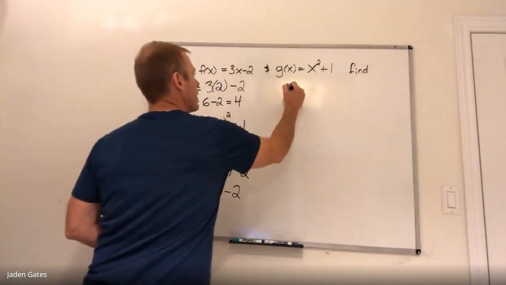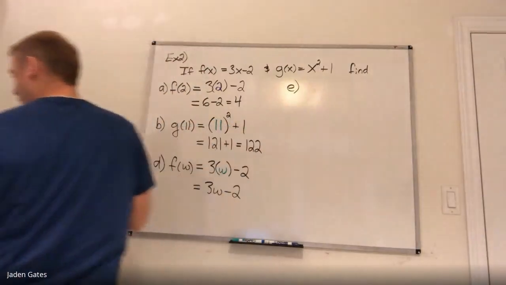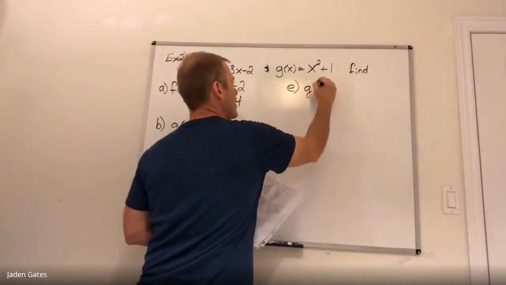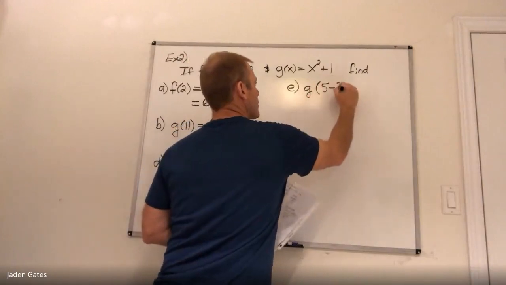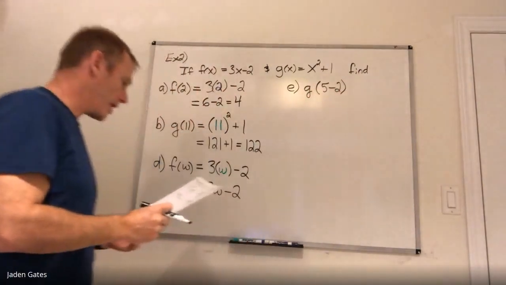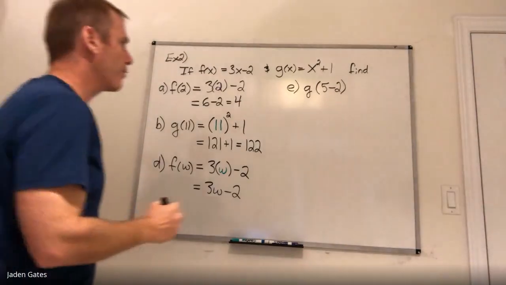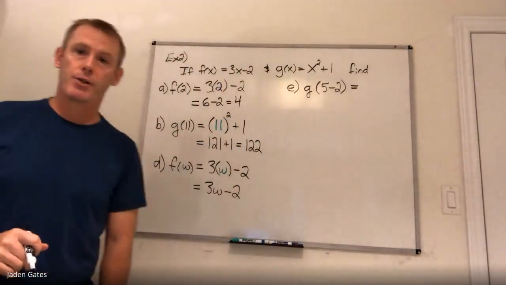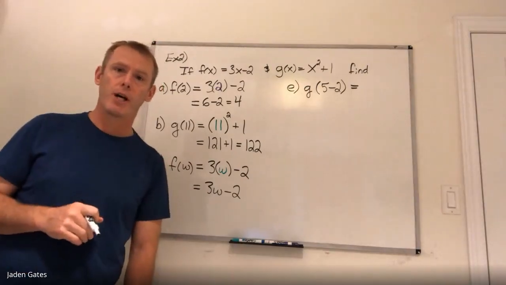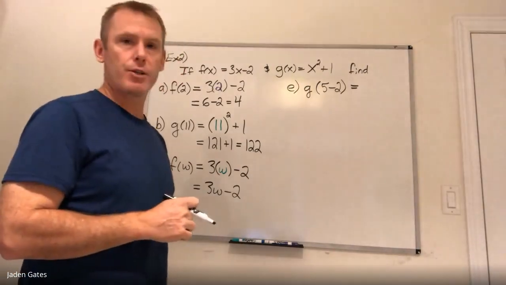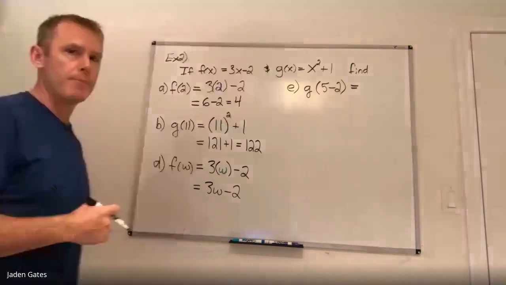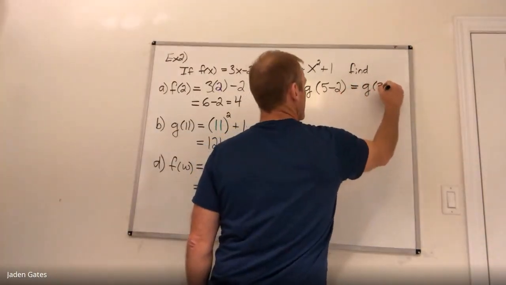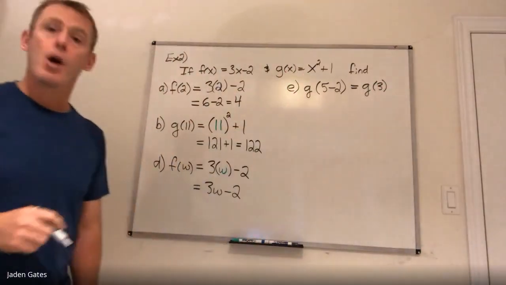All right, E. What we got now? Okay, now we're stepping up a bit. We have g of 5 minus 2 in brackets. Now, here's the thing with function notation, is that if you have numbers inside the brackets there, you can do the addition, or I guess in this case, the subtraction. So I have g of 5 minus 2, which just means it is g of 3,